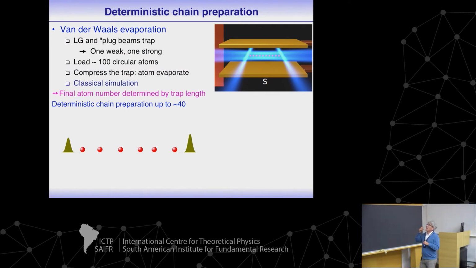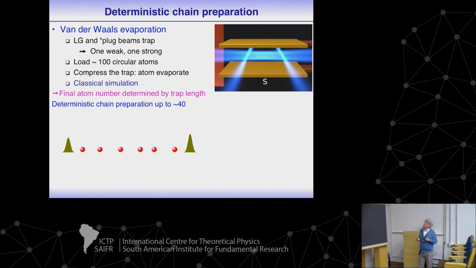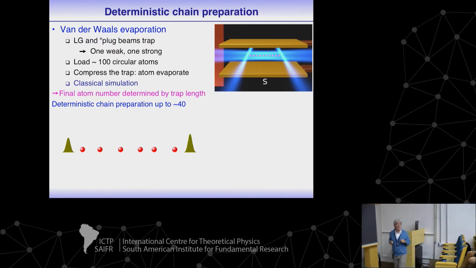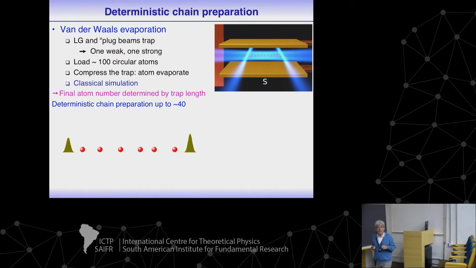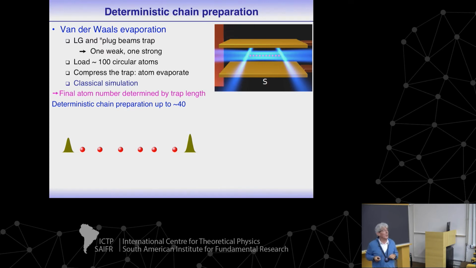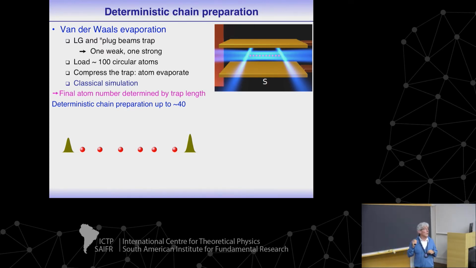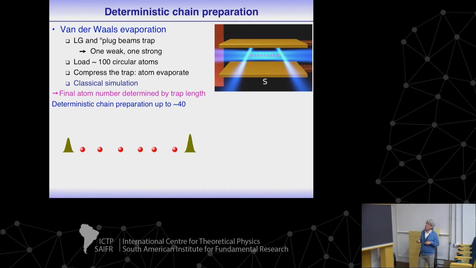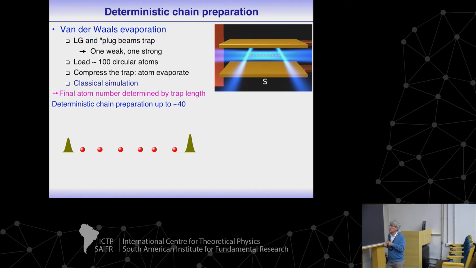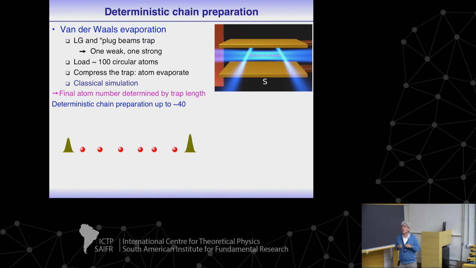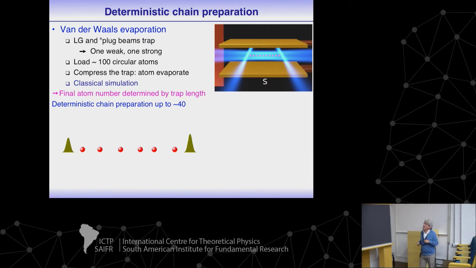So, the last important technical aspect: the preparation of the initial state of the spin. You have to fill a lattice with 100% efficiency with exactly one atom per site. So how to do this? Here is a method we proposed in a recent paper by Pierre that presents the ensemble of the simulator, which